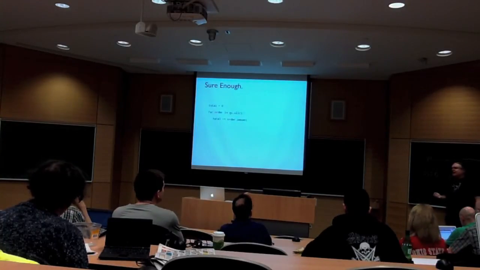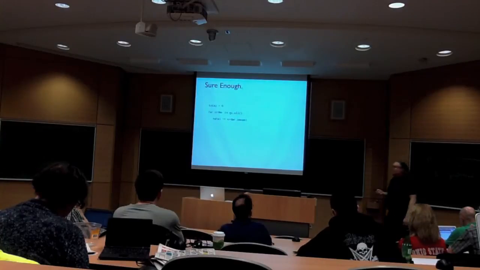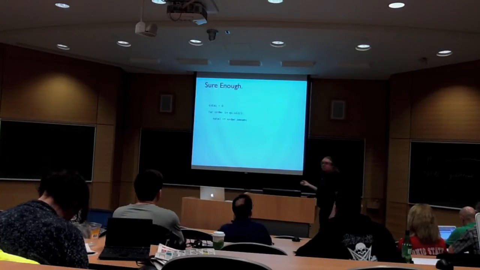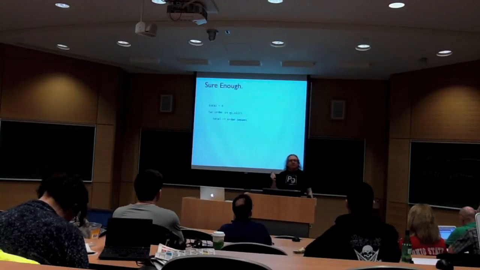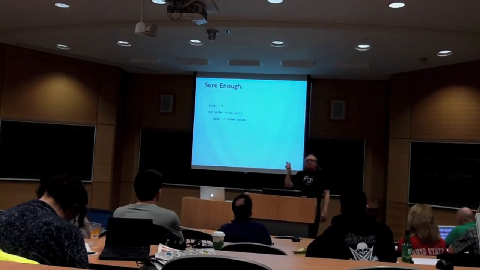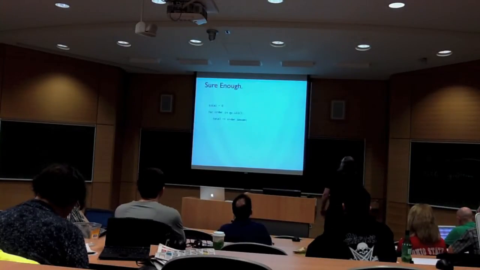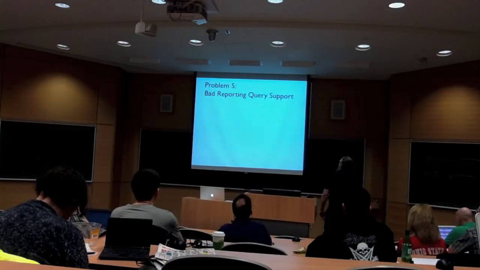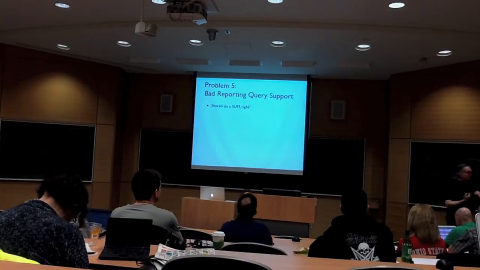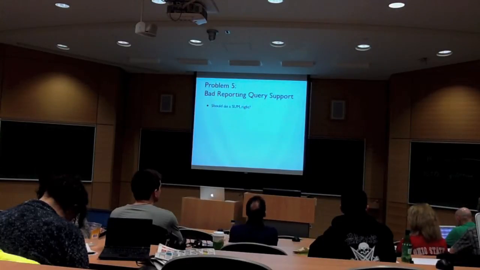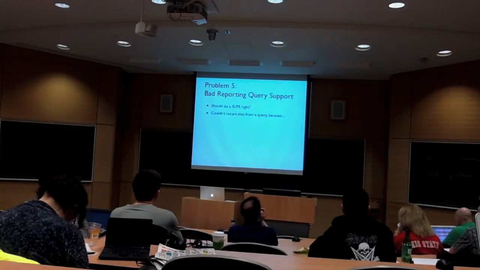And again, ironically, this was in Django, and Django supports perfectly nice operations for doing this kind of summarization, just the syntax on them is really ugly. So, again, using this in-memory model inappropriately. So yeah, bad support. Either the query reporting support is bad, or the syntax is gross and horrible, and people don't want to use it. So it should just do a sum, because the problem was